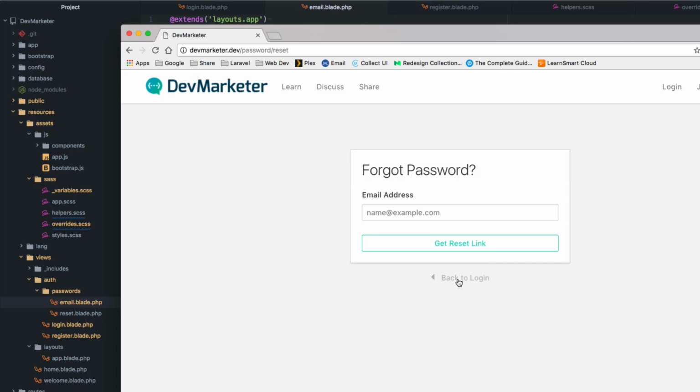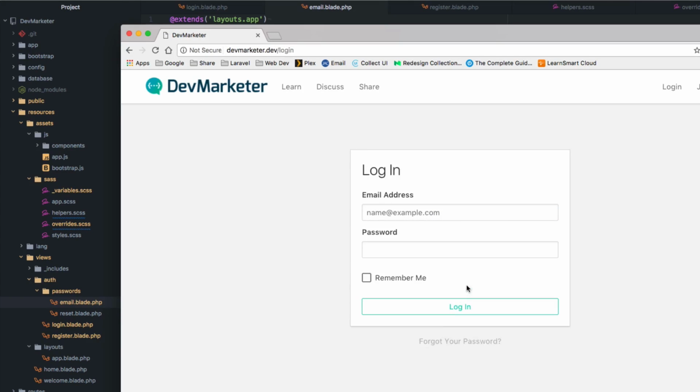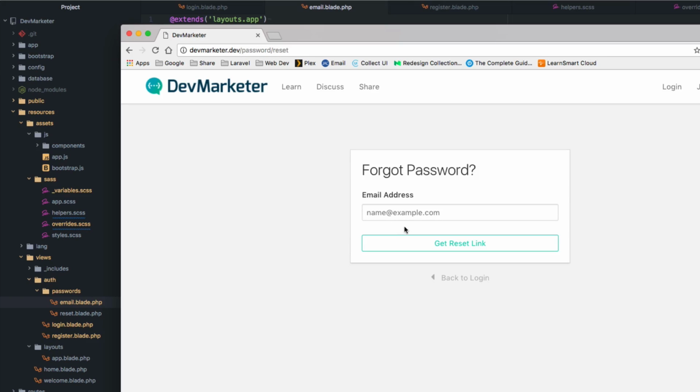So that it sends you back to the login. Of course, we need that email to work. So instead of going here, we want it to go to login. And now it'll take you back to the login. So it just allows you to navigate a little better. So when you put in your email here, you're going to get the reset link, and this should then go to the right place. Then the next field that you're going to get is going to be the